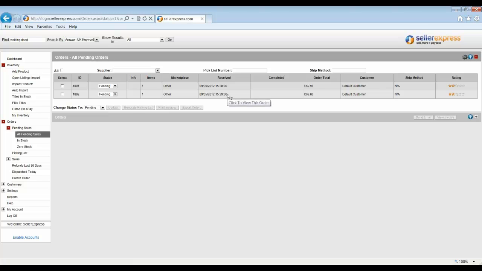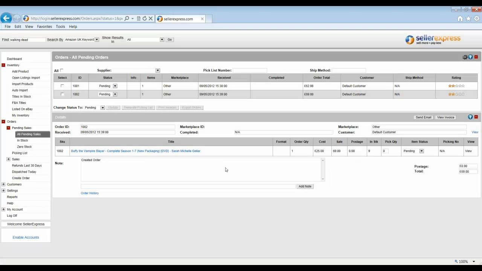So, click. Once you know which orders you're going to process, we can move them over to the picking list. So you can see here, we can add a note if we want. This also gives you more information about the series, how much it costs, your sale price, etc. Now at this point, we're going to send it along to the picking list. So we can select all, or we can do this individually. So click on one, then you can change the drop down, or at this point we're going to do them all. So we're now going to change to